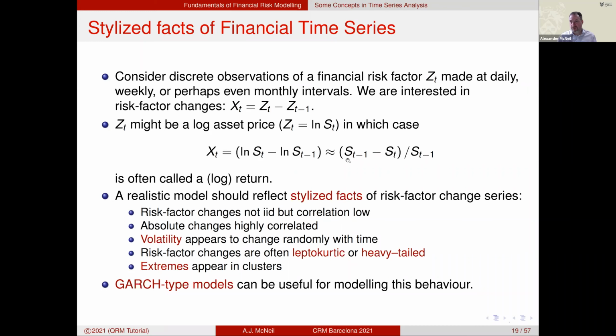which is slightly different to a relative difference in price, but tends to be analyzed because of the dominance of the geometric Brownian motion model in mathematical finance, which would say that prices follow a geometric Brownian motion and therefore log prices follow a Brownian motion. So that's a convention to look at log prices and log returns.